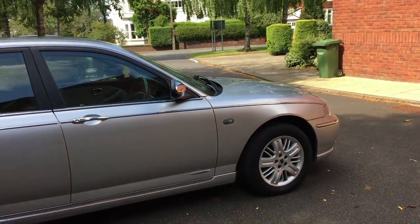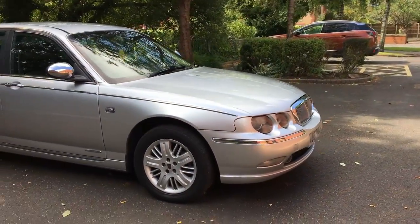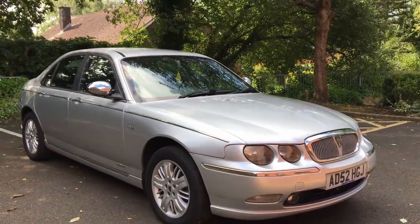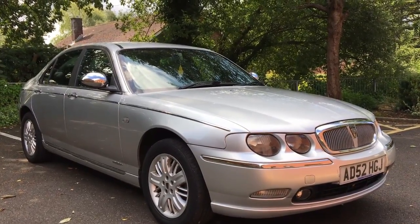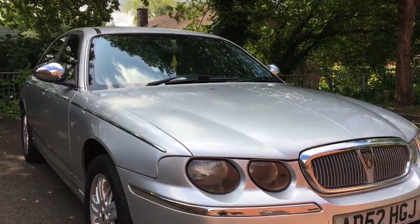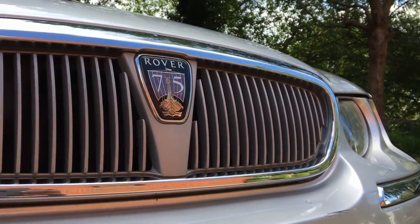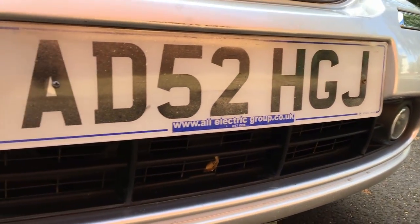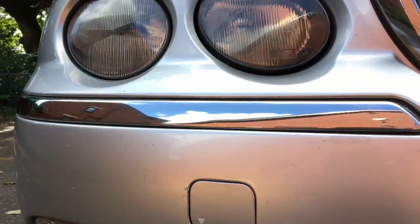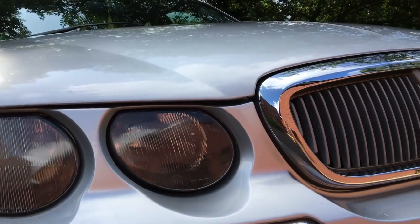This is a Longbridge built car. Initially they set up the 75 production lines at Cowley in Oxford, but when BMW sold Rover in March 2000, they took the production lines at Cowley and moved them to Longbridge, and vice versa. They took the production lines for the modern Mini that were starting to be built at Longbridge and moved them down to Cowley. So this car should have been built at Cowley, the plant which now makes Minis, but instead was built at Longbridge, Rover's